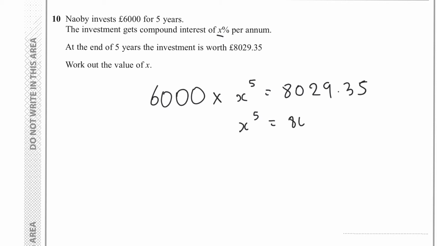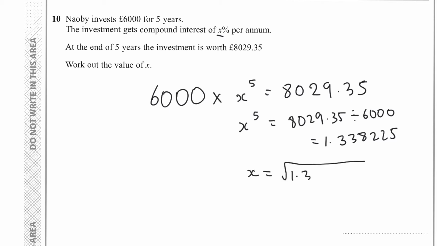So divide 8,029.35 by 6,000 in your calculator. You should get 1.33825. Now to work out what x is, you want to work out the 5th root of that. And in your calculator, you should get